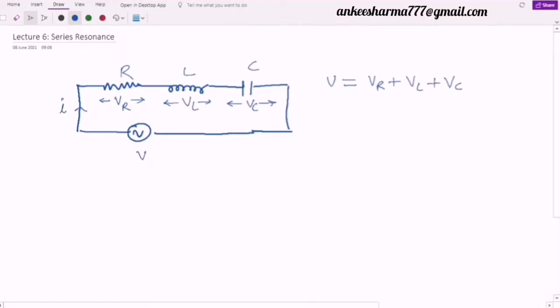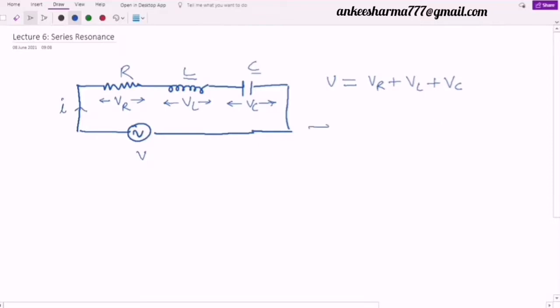Now, what is resonance? This is important to understand. Resonance always occurs where there is a capacitor and inductor, or we can say resonance occurs in any circuit that has energy storage elements. In our circuit we have an inductor and a capacitor, both of which store energy. We studied earlier, with only an inductor or only a capacitor across an AC source, that the average power was 0, because in one cycle it stores energy and in the other cycle it delivers energy. So for the occurrence of resonance we need energy storage elements.